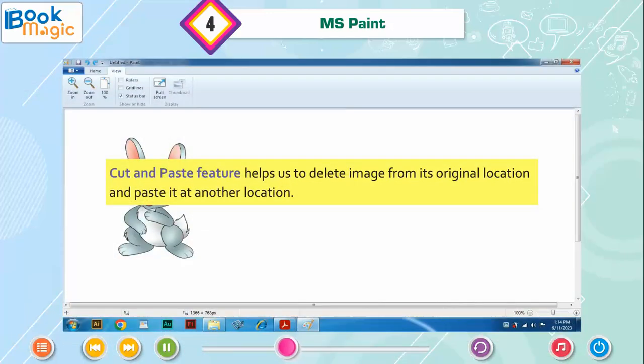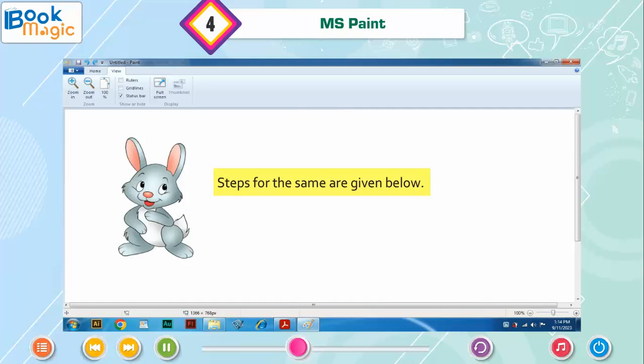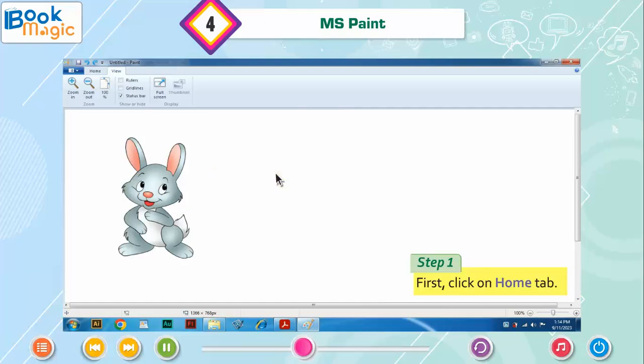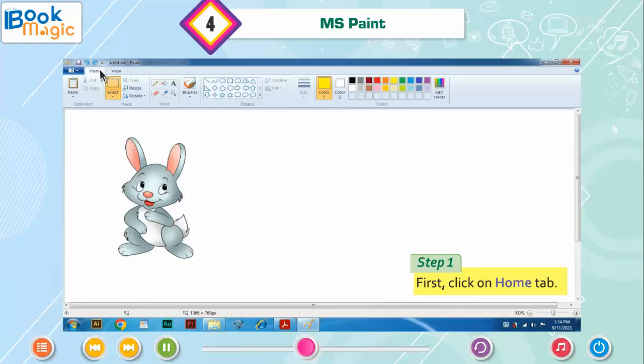Cut and paste. Cut and paste feature helps us to delete image from its original location and paste it at another location. Steps for the same are given below. Step 1. First, click on Home tab. Step 2. Then, click on Select.